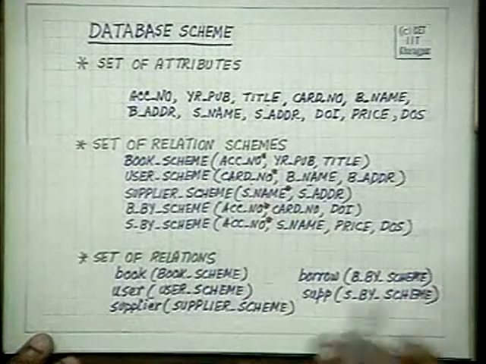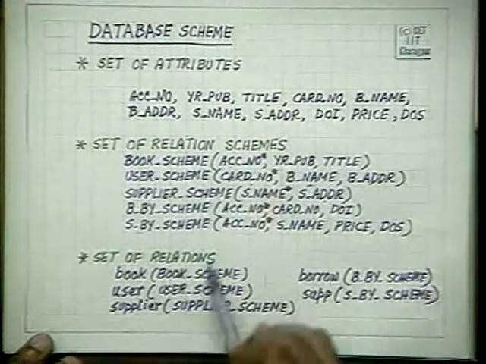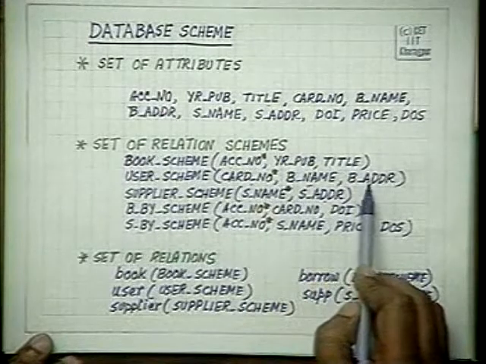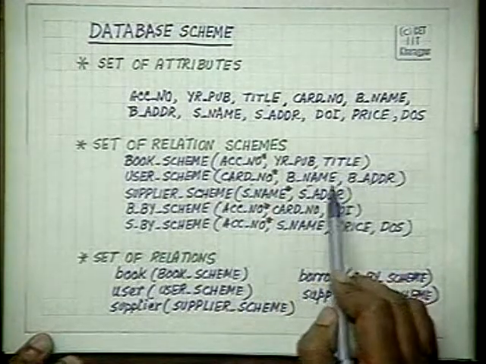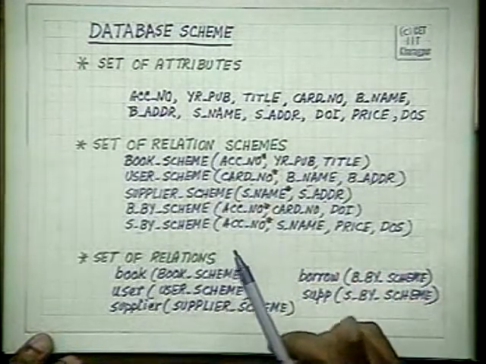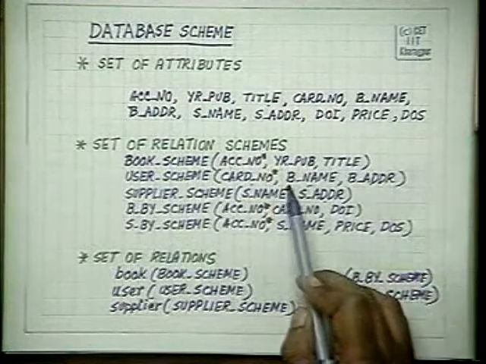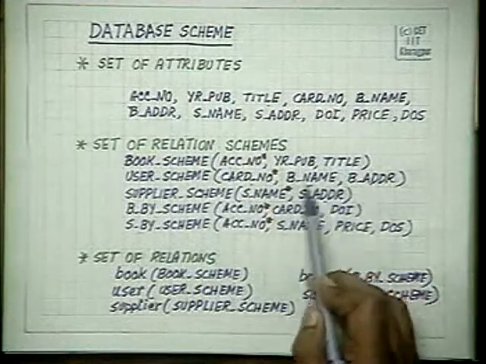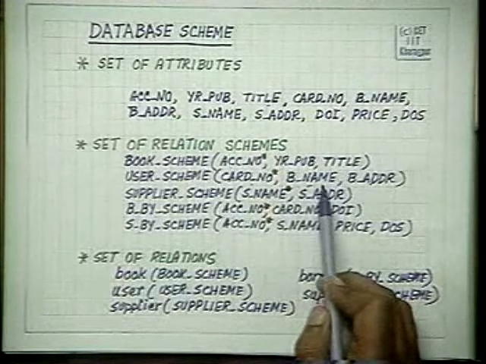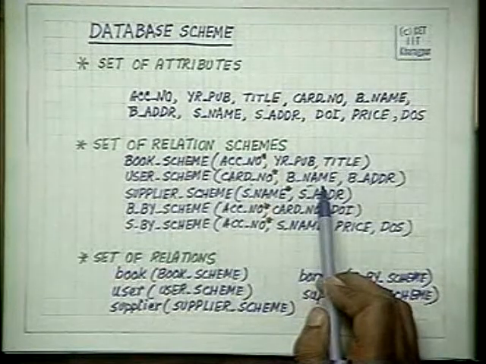How will we solve it? In the user schema, we have got card, name and address. So we have to look at the user relation. In a normal programming language, we would have put it in a loop and found out all those other people who have got the same address as Vijay. We would find out the address of Vijay, and from the address of Vijay, we would get the name. All right.